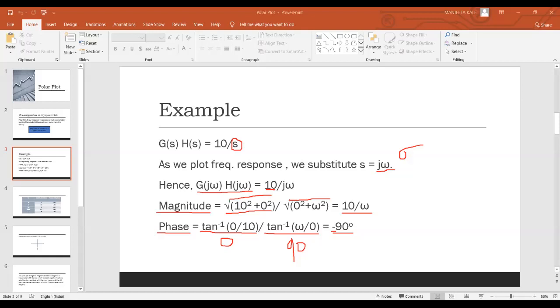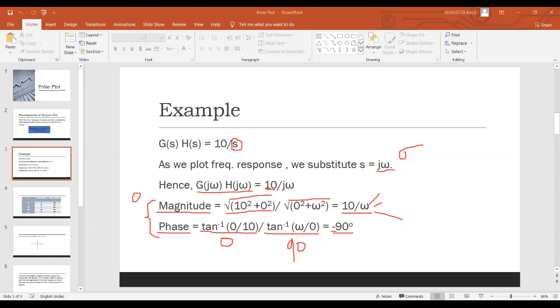So what should be the next step? When we need to plot magnitude versus phase as omega is varied, we will vary omega from 0 to infinity. The first value of omega is 0. We put it in and calculate the magnitude. Phase, as is obvious, we get as minus 90 degrees. We keep on changing the value of omega and note the magnitude, and the corresponding phase would be minus 90 fixed for all of the values, and then we will try to plot it.